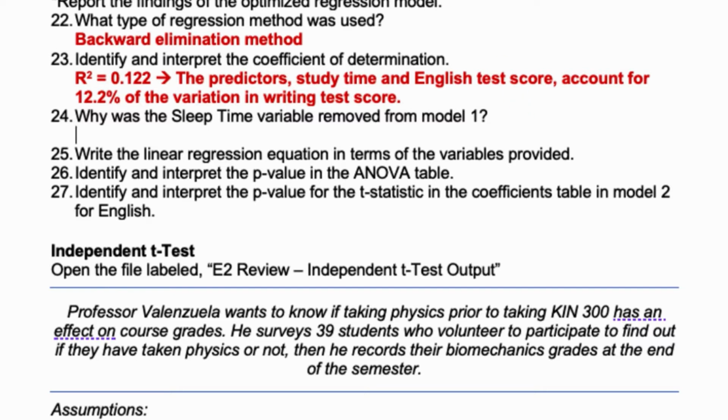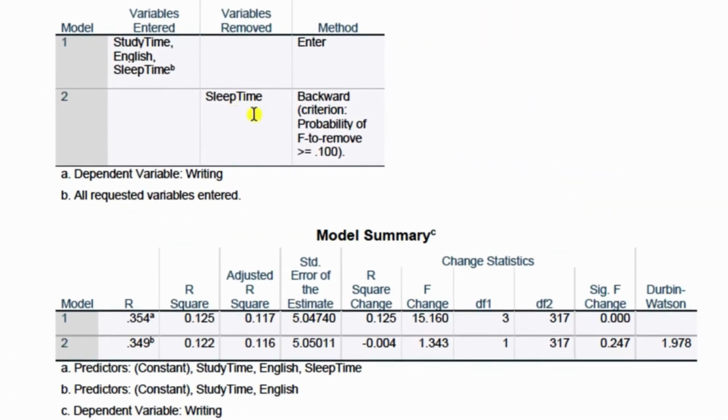Next question in the review is why was the sleep time variable removed from model 1? So we can see it was removed right from model 1 to model 2. We could also see it was removed looking at our model summary. Okay. Now remember, when we use a backward criterion, what's happening is that from one model to the next, we